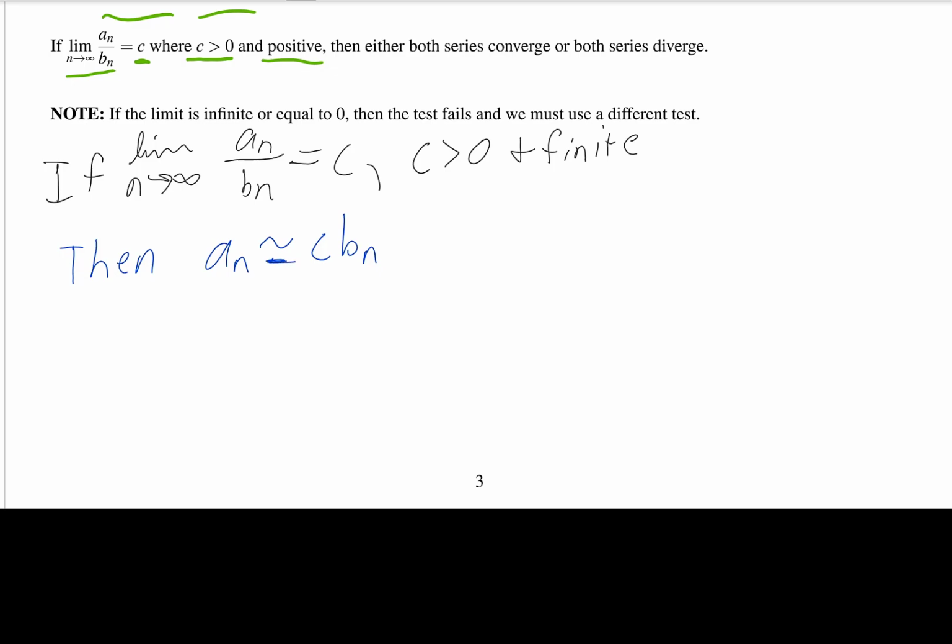This symbol right here, we call it approximately equal to. So we say like pi is approximately equal to 3.14. So if this is true for large values of n,